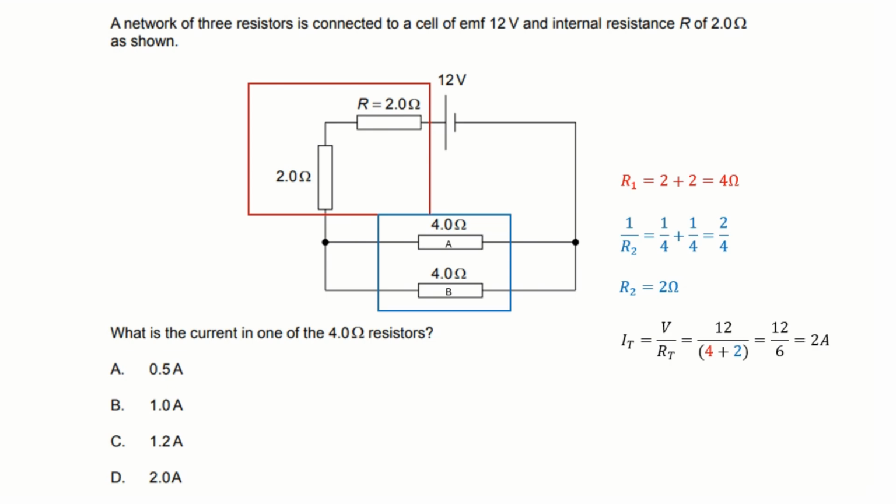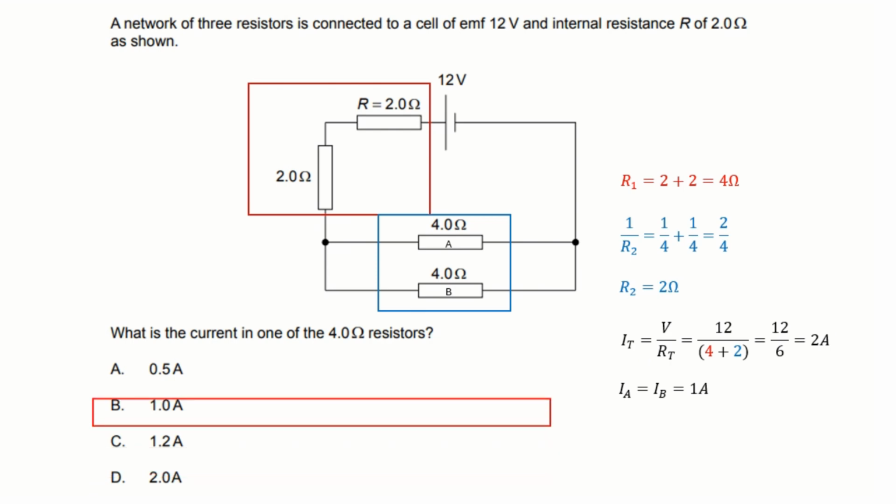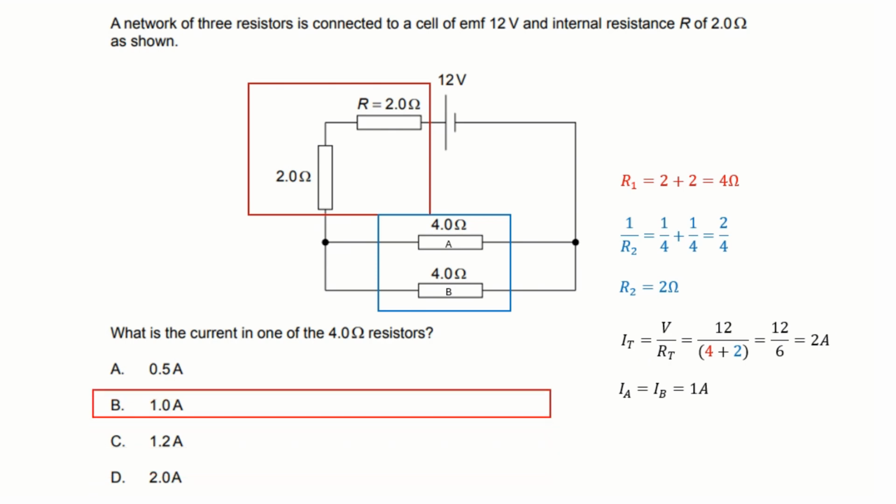Now, what I'm going to call these are A and B. We know that the current in A must be equal to the current in B. And the only way that they can be equal is if they equal 1 amp. Why? Because they've got to add up to make the 2 amps. The current is going to get to this junction, and half of it is going to go here, half of it is going to go here. So therefore, the current in each of those 4 ohm resistors is going to be 1